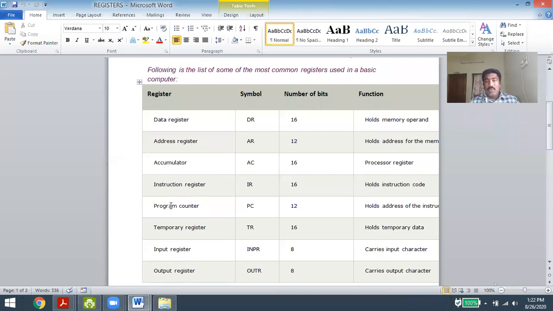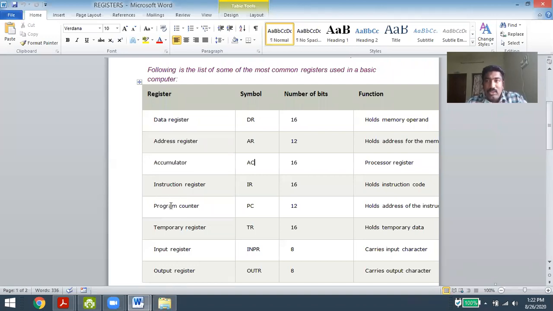Similarly, the program counter. What is the program counter? I am giving the instruction 2 plus 2 and pressing enter. That means a step-by-step operation is working. That is, entering the 2. Once the 2 is read by the processor, it takes the other operand, that is 2 plus 2. Next I want to perform the addition and get the result, and that result is stored in some memory and displayed on the monitor. This entire process, these step-by-step actions, we call an algorithm.